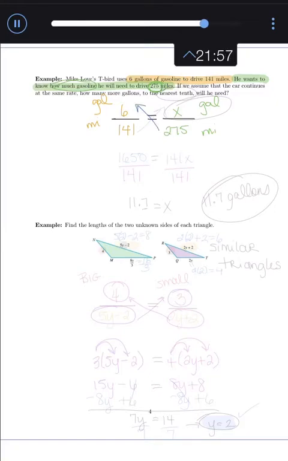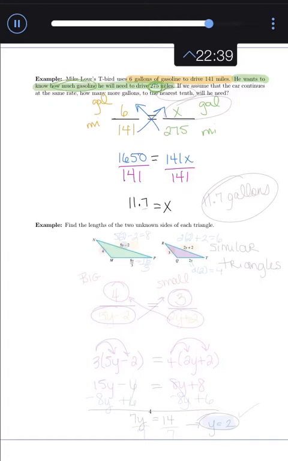We need to cross multiply, which starts with the 275 times 6, which is 1650. Equals, on the other side, we're going to have our 141 times x, so 141x. So how do you solve this equation? Well, we need to get x by itself by dividing both sides by 141. So 1650 divided by 141 gives us x equals